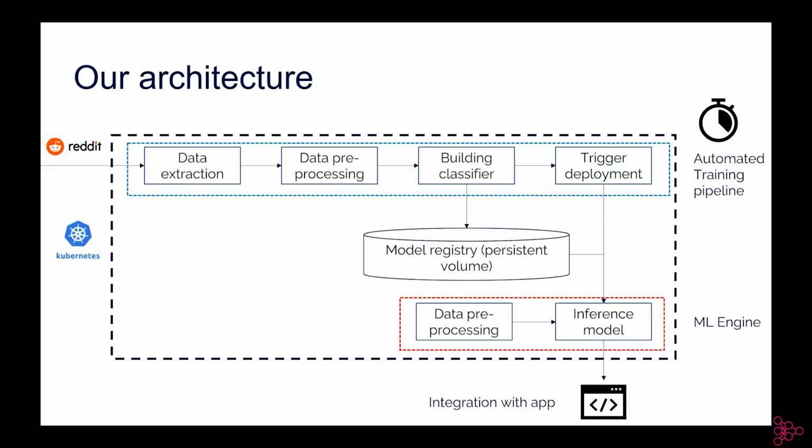Wouldn't we want to trigger deployment based on the precision or accuracy metric of training, whether or not it makes sense? Well, yes, we could, because you have two ways of triggering. Either you trigger on schedule, or you trigger on precision. But here for the demo, knowing that I'm not scoring anything in production, it doesn't make sense to build triggering based on precision or accuracy or performance. But yes, it's possible to trigger on performance as well.